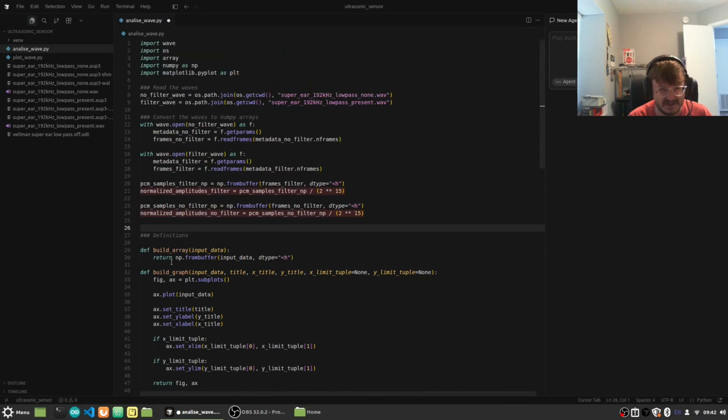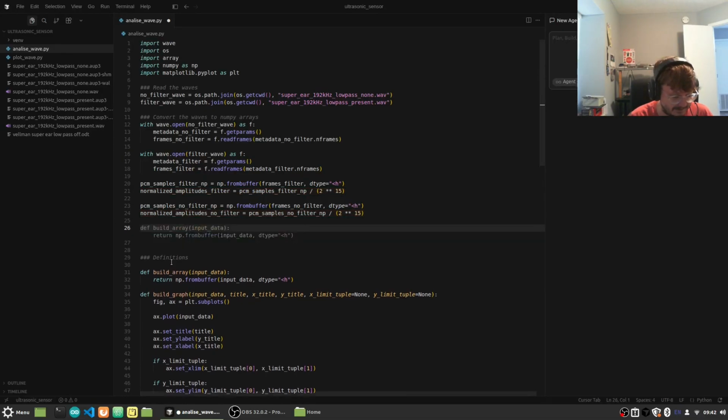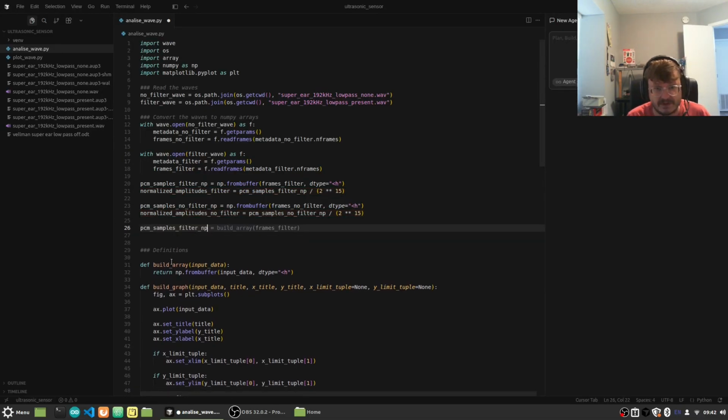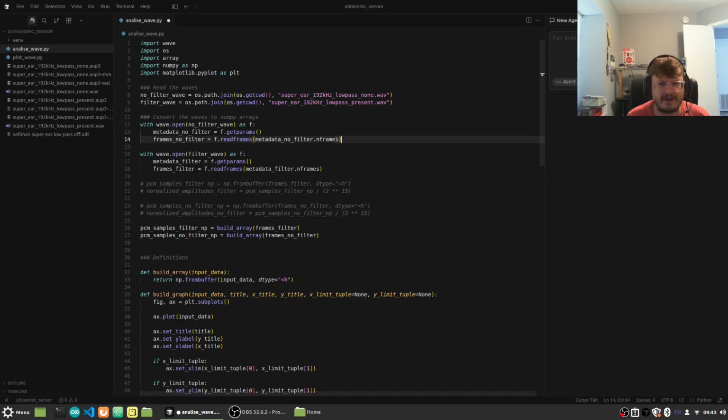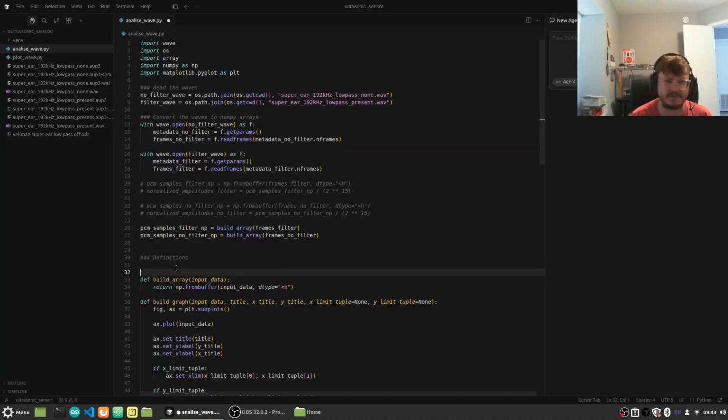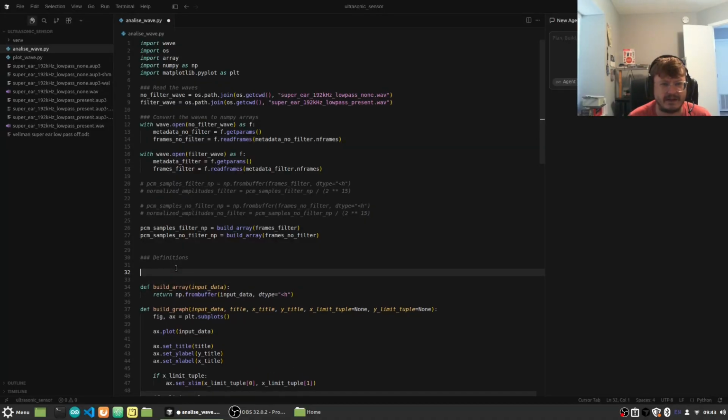We can actually do this, frames filter, and then okay, it got the next one too, and then we can get rid of these, and I think we need this part, so we're not going to get rid of that. Build array, and then